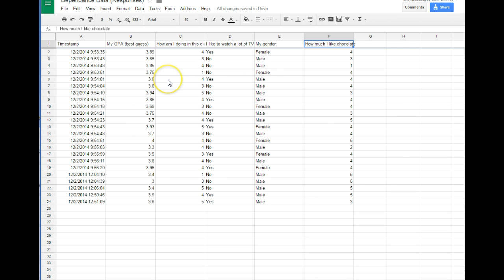And if we look at this data, we can pick any 2 variables we want and try to see if there is a relationship between those variables. So if we start out, we have gender and how much I like chocolate. We could see if there is a relationship between gender and how much people enjoy chocolate. Now,